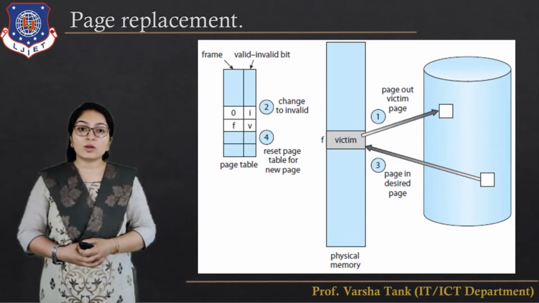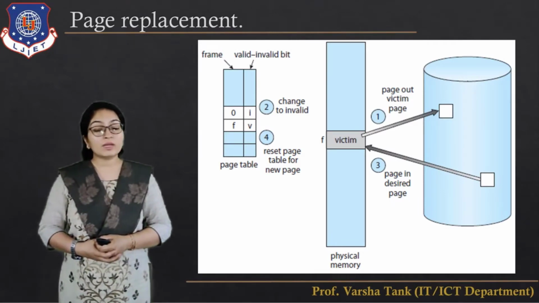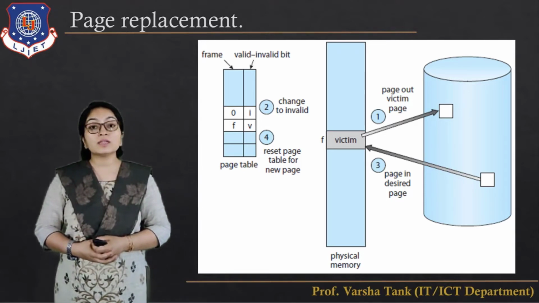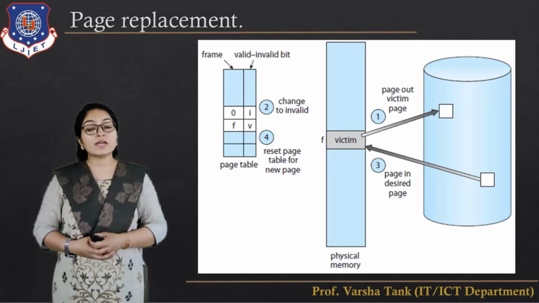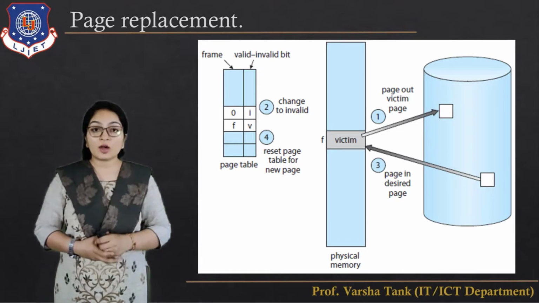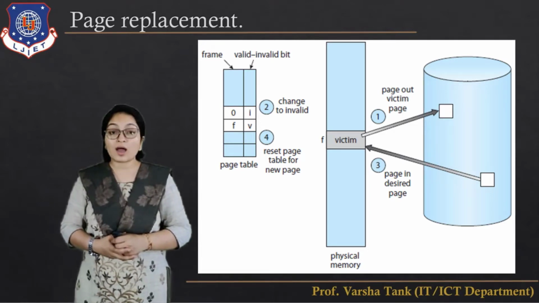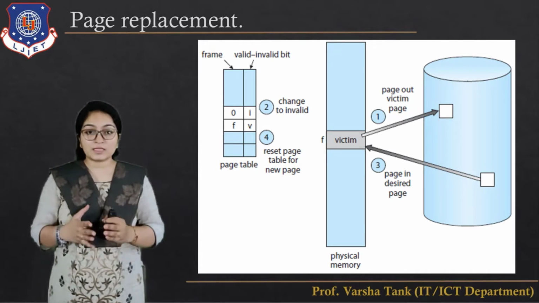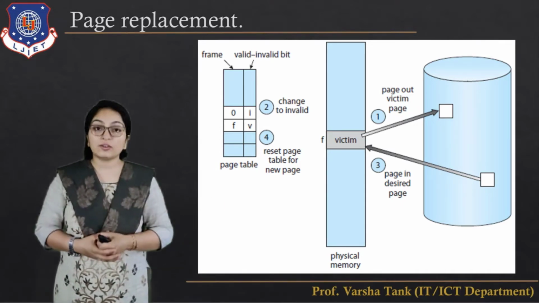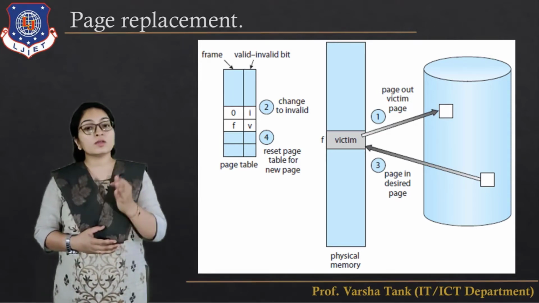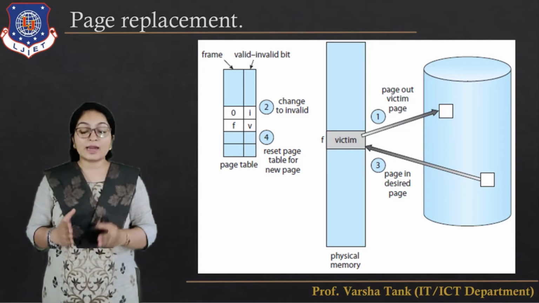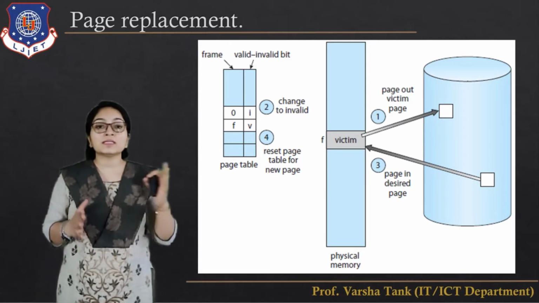So here, first of all, what is page replacement? Why do we need to replace a page? In the last lecture, we saw what a page fault is. Page fault means whenever the page that is needed right now for the execution of the program is not present, at that time the page will be brought from the secondary storage. So this is the page fault. That's why, whenever a page fault occurs, we need to replace a page.